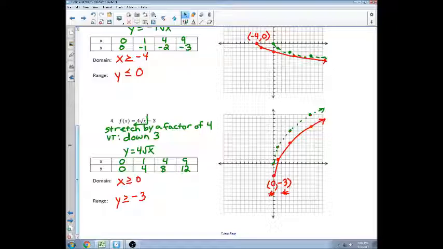Also, if there's a number in front of my square root, then that will stretch my graph by a factor of that number. And if there's a negative in front of my square root, it's going to reflect my graph over the x-axis. Remember, if you have any questions over this stuff, come on in and see me, either before